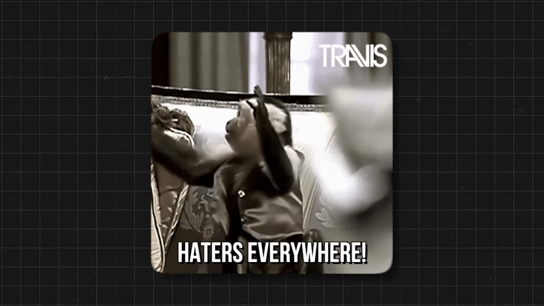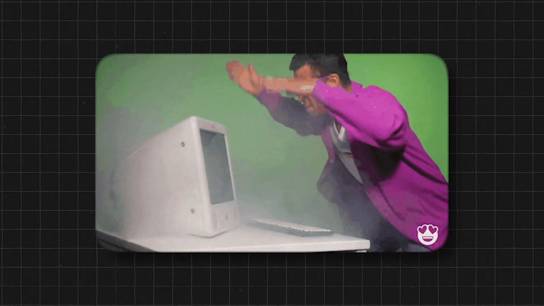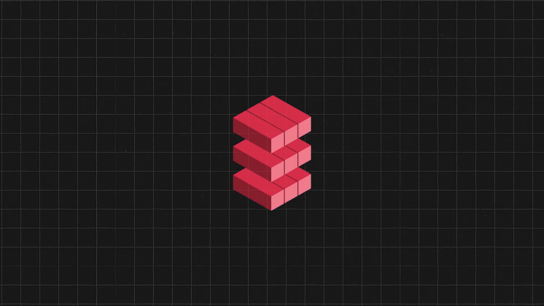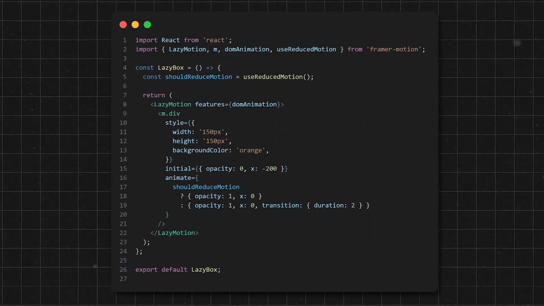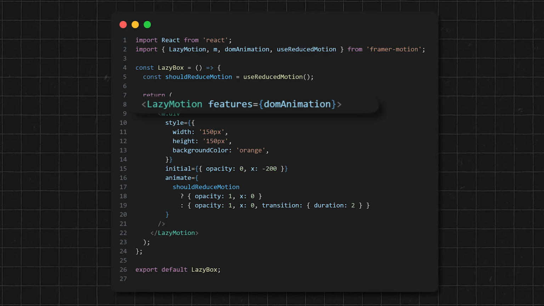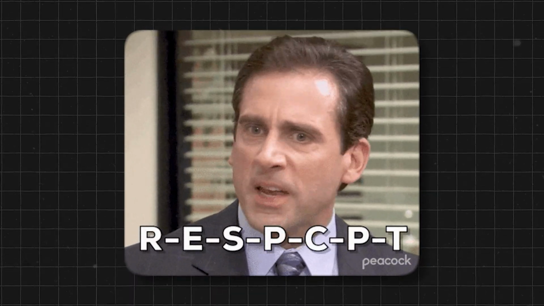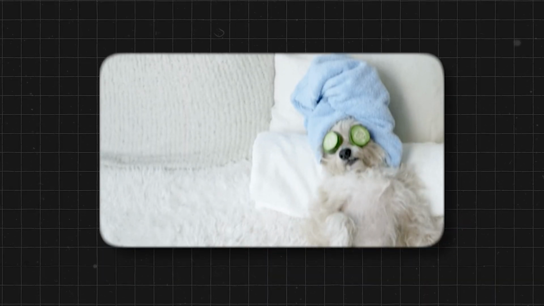Some people, though, may not be a fan of our dynamic box, or maybe their device just explodes when trying to render the thing. When you're building large applications with many animations, performance becomes critical. Framer Motion includes features like LazyMotion that help optimize your app by loading animation features only when needed. Additionally, it's important to respect users' system preferences for reduced motion, ensuring that your animations don't cause discomfort for users